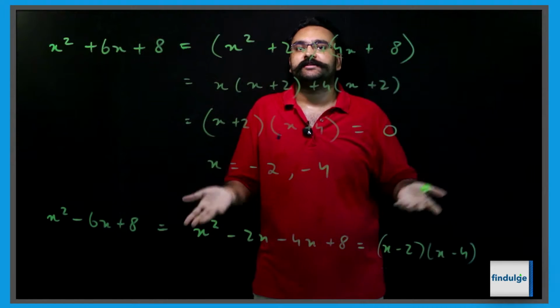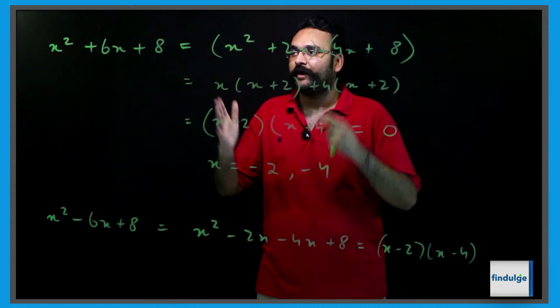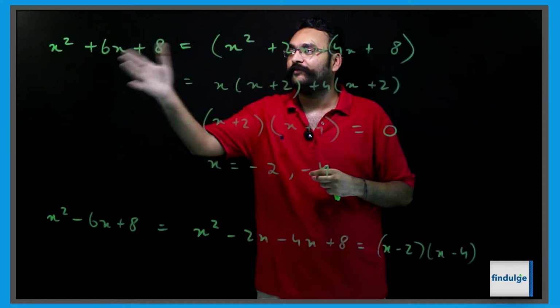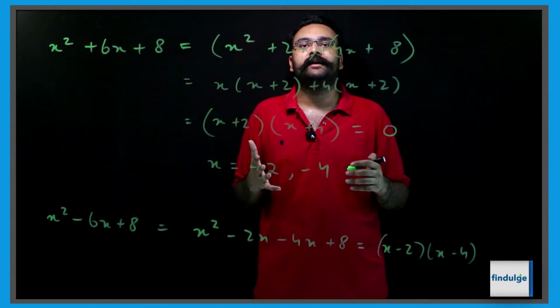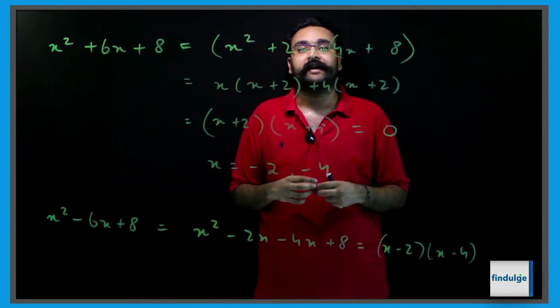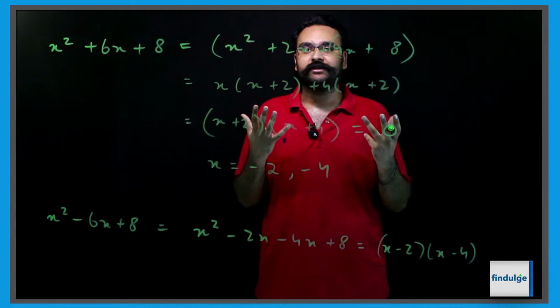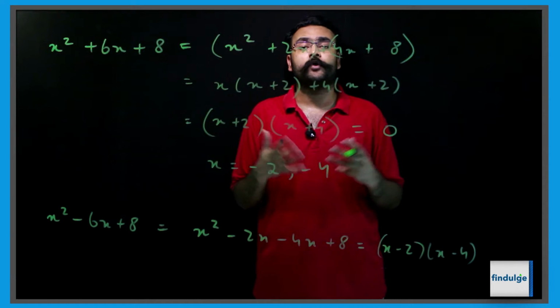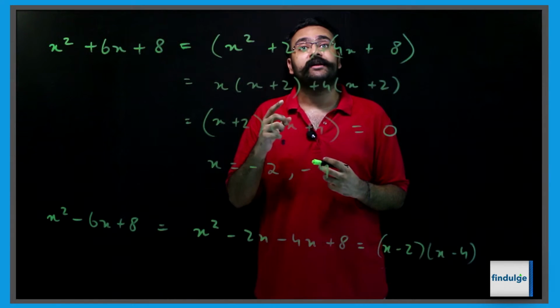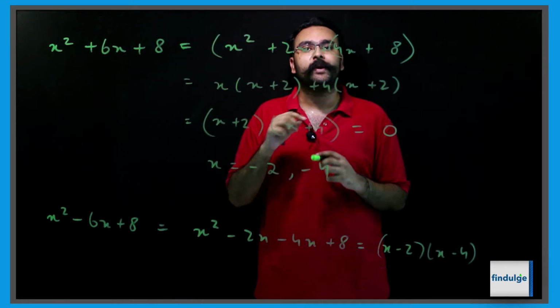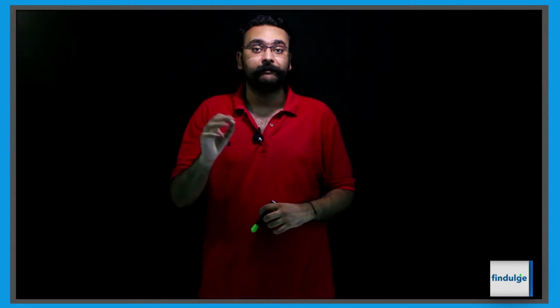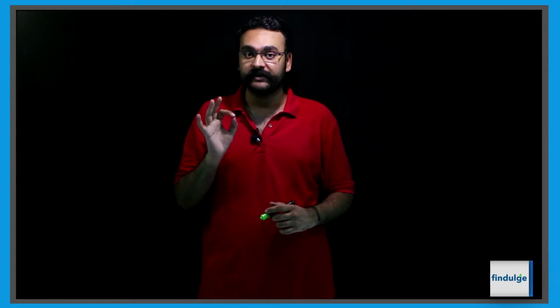So this is your splitting of the middle term method. You have to look at your values and appropriately figure out what is the correct factorization. Because this method requires imagination, it's not a great method to use for complex equations. So now let's look at the completing the square method. The second method is the completing the square method. This one requires less imagination. What we are going to do is,